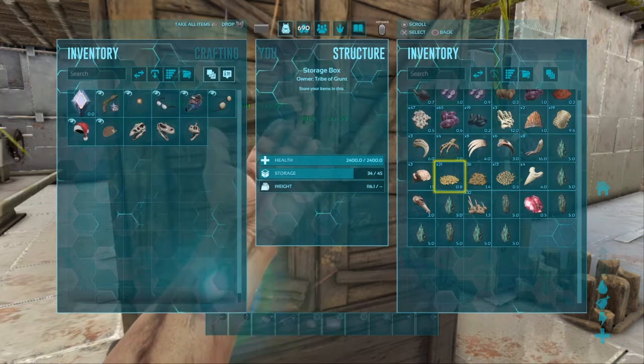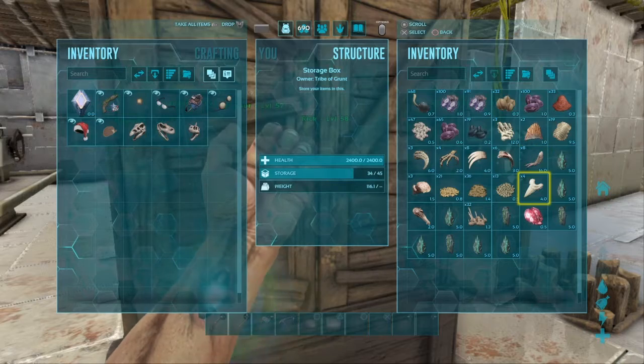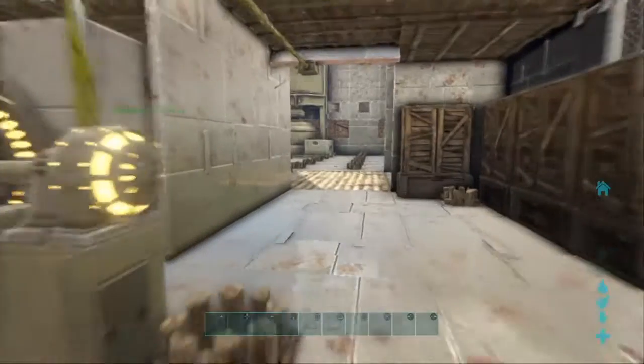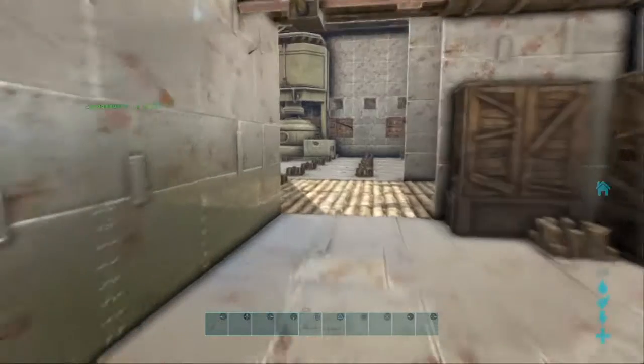Here's my, this is for my bosses, and just a little bit of seeds. Here's some artifacts that you need for the bosses. And I believe there's a game glitch in my local server. I went into